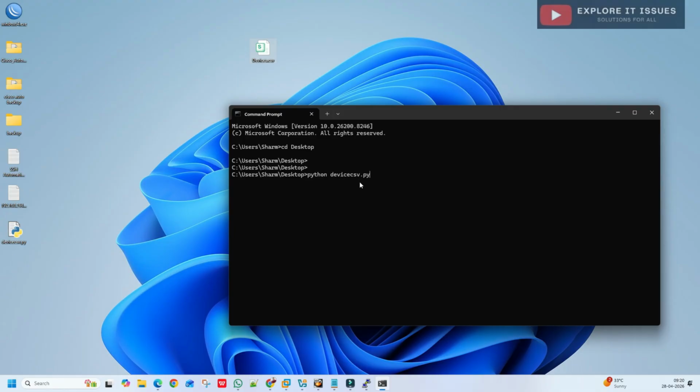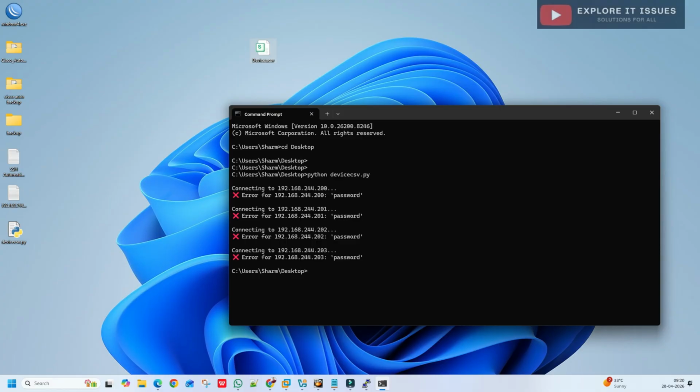So devices.csv.py. Once we run this file, we get the information from the CSV file, and after that we get the text output in the backup folder. So I'm hitting enter here, and let's see what happens.